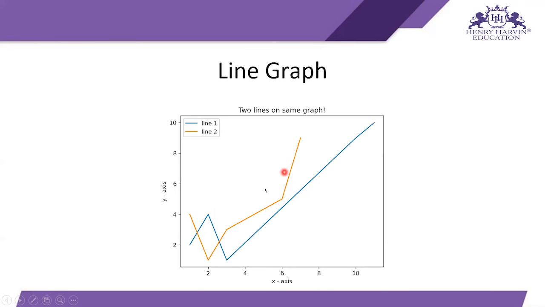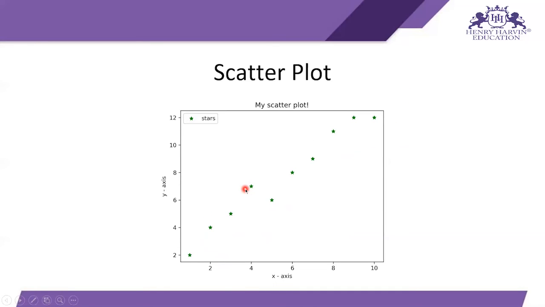Next comes the line graph. If we have two sets of data, coordinates of x and coordinates of y, then we can plot one line. And if we have data for two lines, we can plot both lines in a single graph. Next comes the scatter plot. If we don't want to join a line, then instead of joining we can just make a scatter plot. Here we can edit the markers: we can make round circles or stars, and there are other options too in the scatter plot, like boxes. So that's all for the scatter plot. It all depends on us whether we make a line graph or a scatter plot.